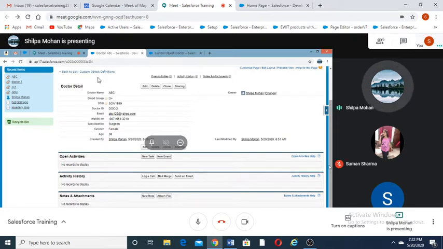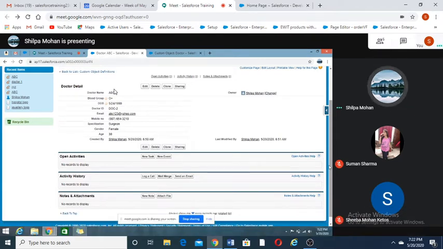So after you enter all the values, and then after that you click on save, then based on what you have entered, it will be calculated and it will be displayed here. Okay. Fine. Yeah, so this way we have to calculate age. So Suman, are you there? Yes, I'm there. Okay, so did you understand how this age is calculated?